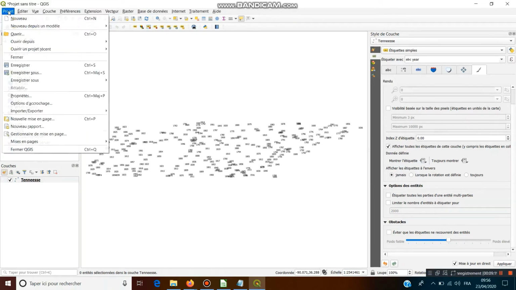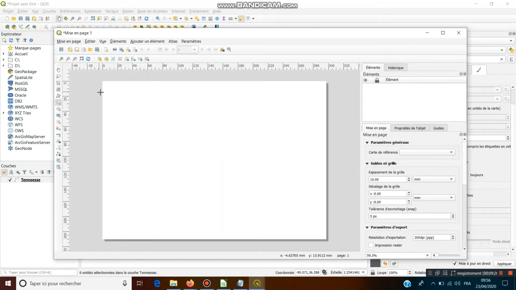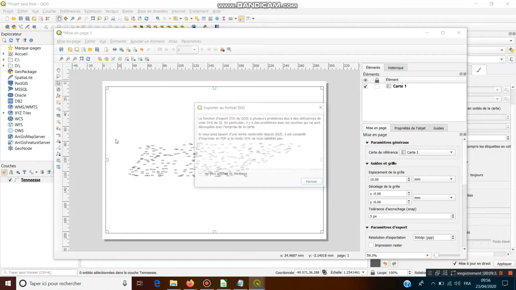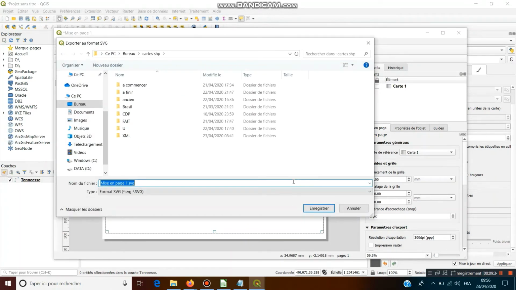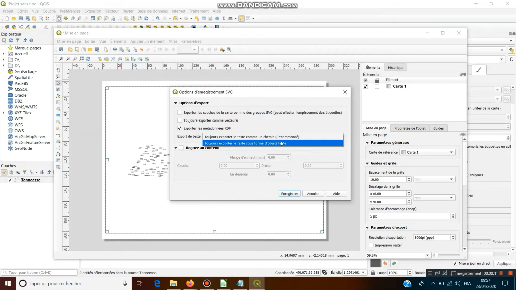Now we'll export a SVG file. And we must always select to export the text like text.